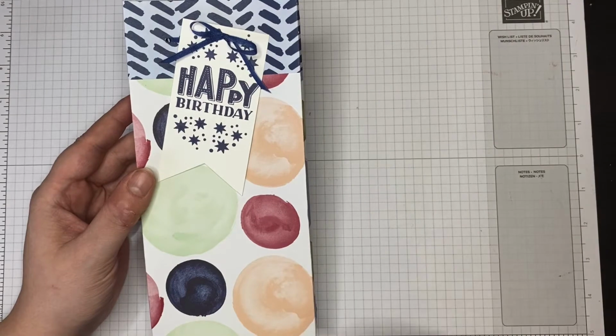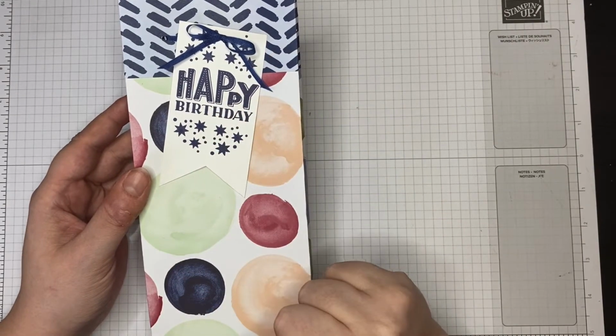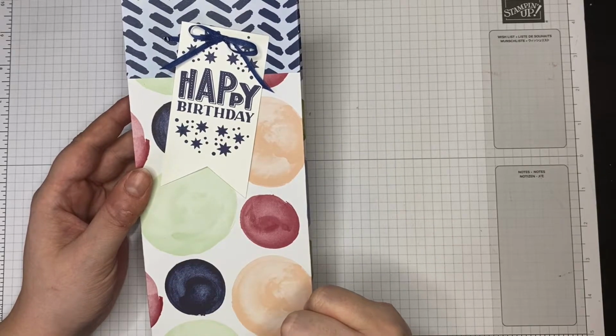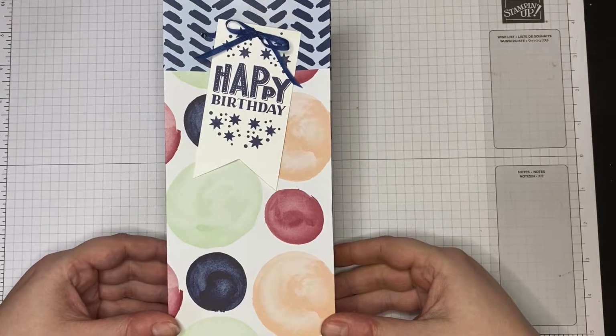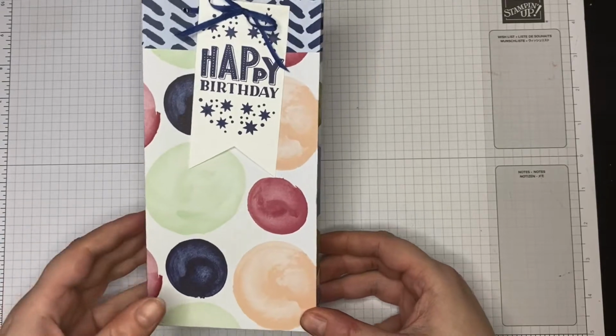And the stamp set here is also one in the new catalogue. So this is in the mini catalogue and is called You Are Amazing. It's the first stamp set in the catalogue on page 7. So I'm going to show you how I made this, and then I'll show you how I put the label